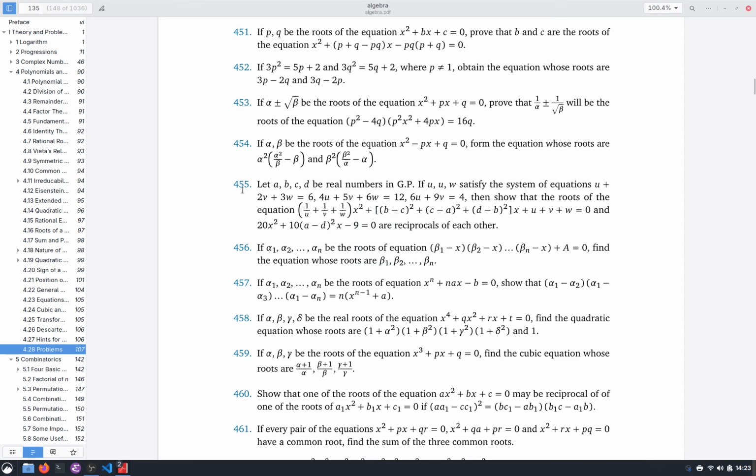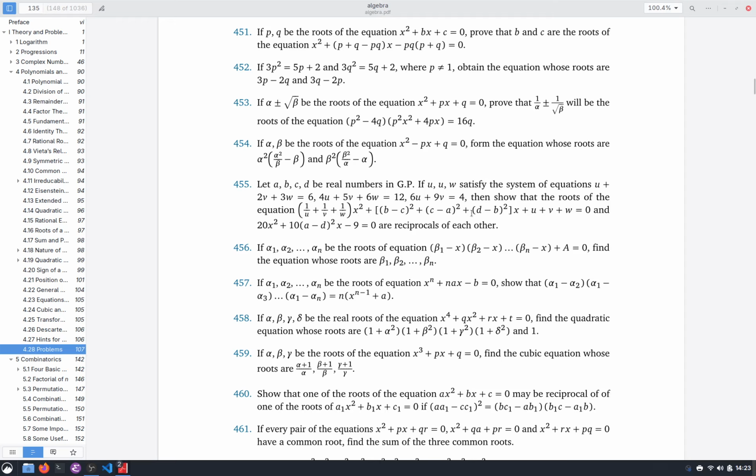Question 455 says that let A, B, C, D be real numbers in GP. If U, V, W satisfy the system of equations U plus 2V plus 3W is equal to 6, 4U plus 5V plus 6W is equal to 12, and 6U plus 9V is equal to 4, then show that the roots of the equation (1 by U plus 1 by V plus 1 by W) into x square